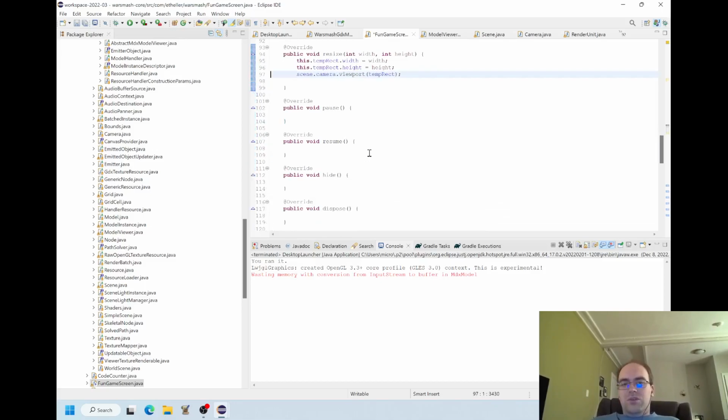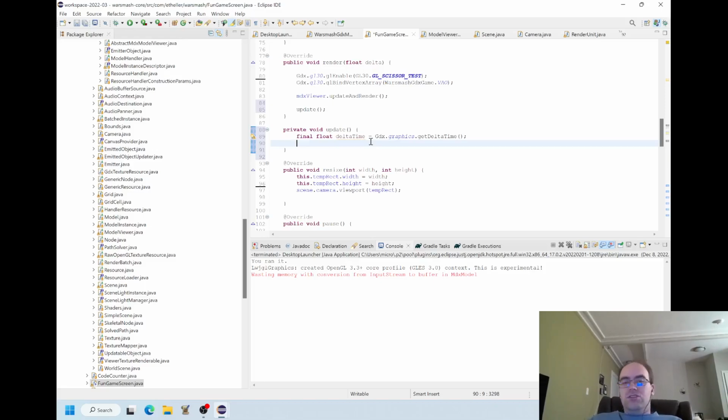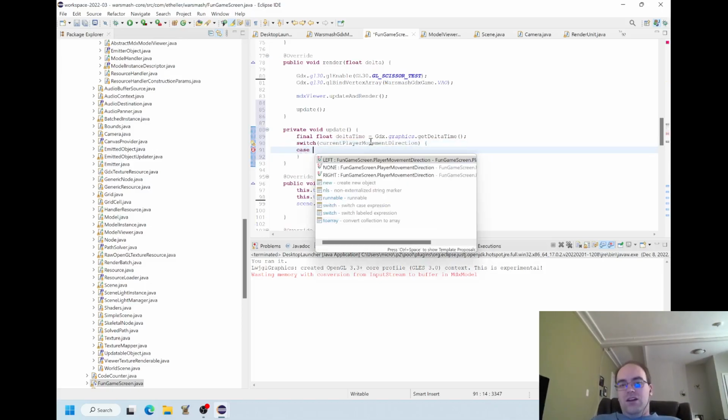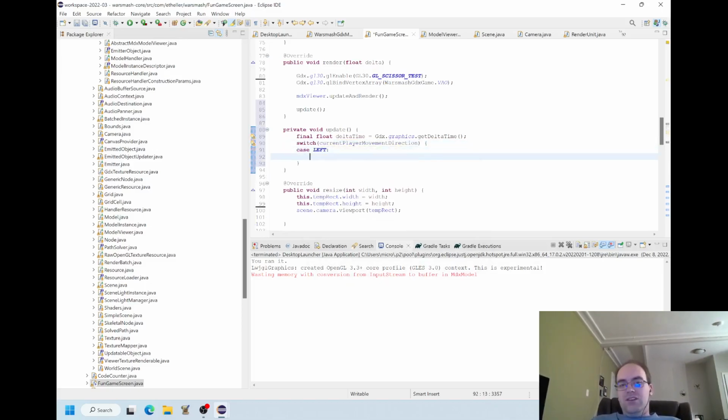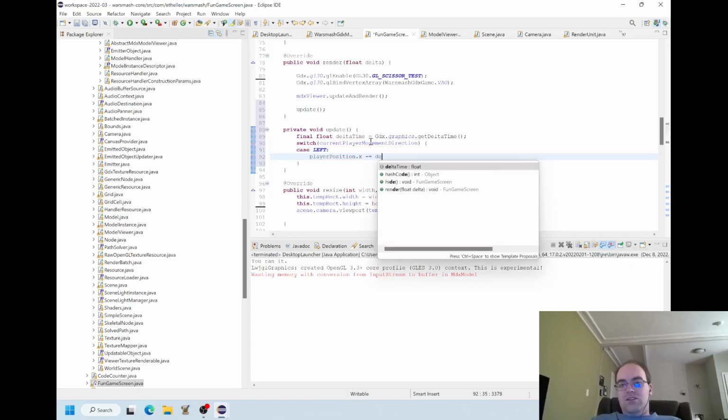Speaking of boilerplates, we could also eliminate all that other stuff I don't need anymore. Cool. So delta time is like the amount of time that passed between frames. And the idea is like if you want it to kind of match your processor clock, if more time goes by, you could move the units farther and just use delta time as how far they move. So basically what I'm going to do is say, based on the current player movement direction, I'm going to have 3 cases. I'm going to have the case that's left, which in that case, player position.x is going to minus equal delta time.